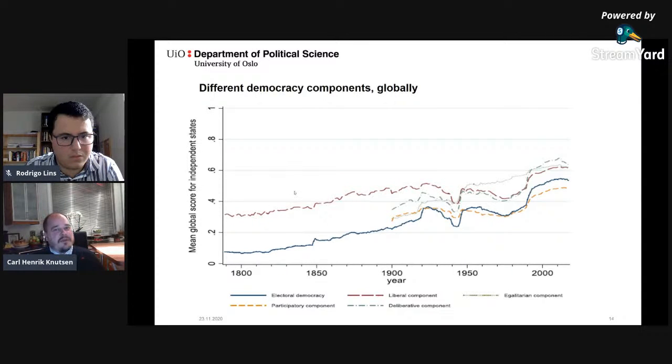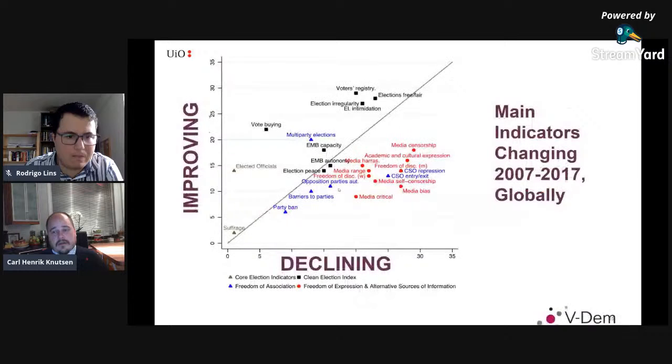But maybe equally interesting to looking at these broad trends in very broad notions of democracy is to look at these more specific indicators that are included in V-Dem. So here, for example, is just one graph, and this is again just to illustrate the contents of the dataset. Underlying this polyarchy or electoral democracy index, if you remember the slide where I showed you the composition, you could see that there were components and then there were multiple specific indicators for each component. So if you see the red